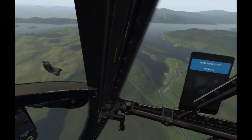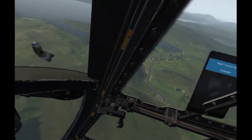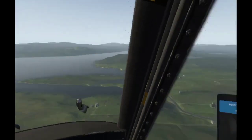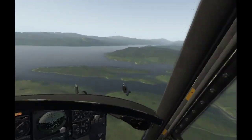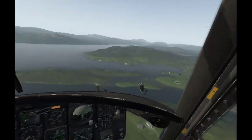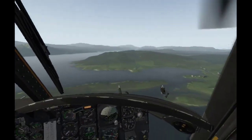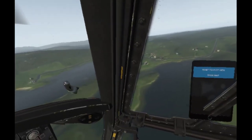So we're really looking for somewhere suitable to land, and I think I see somewhere near Fiona's house. Luckily there wasn't much wind today, so I haven't got too much wind to worry about. Airspeed's coming nicely down there. So I'll make the approach from the estuary. We'll come into land on that